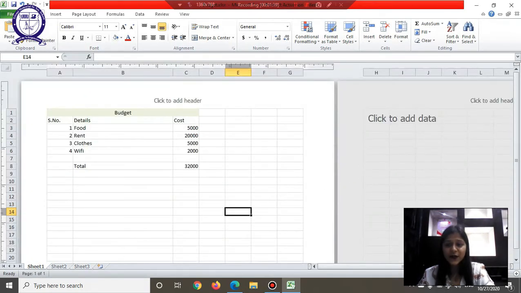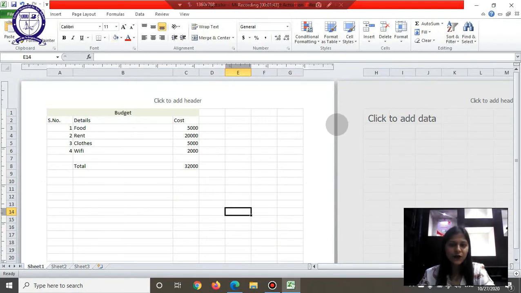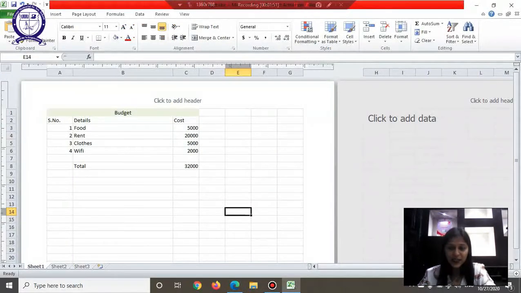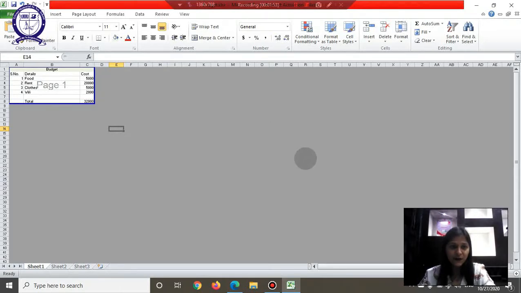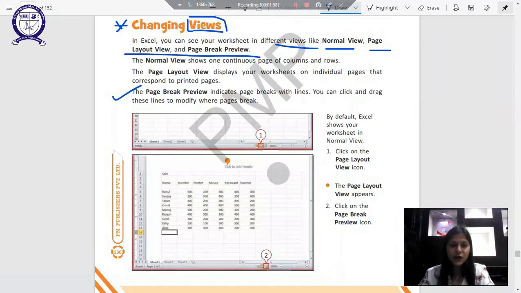Then if we choose Page Layout view, this is what an A4 sheet will look like for me, right, students? Then we have Page Break Preview, which helps us understand if our data will cross to another sheet. These are the options, and do not forget to read. This indicates page breaks with lines, and you can click and drag these lines to modify where the page breaks.